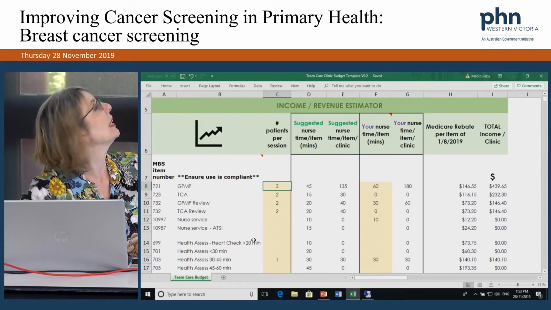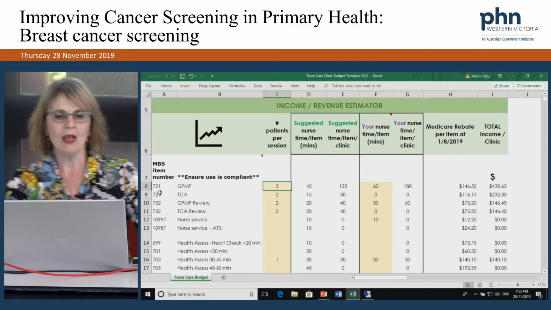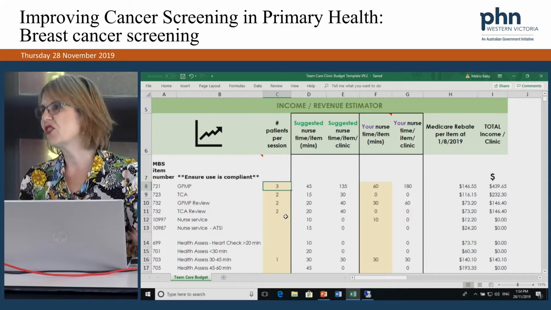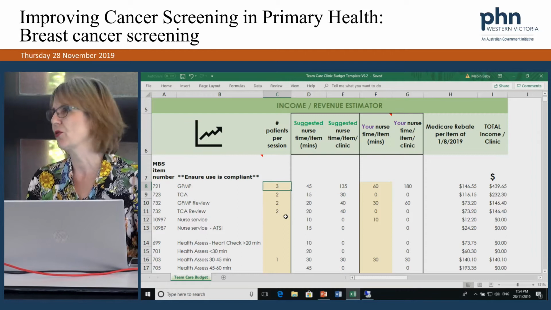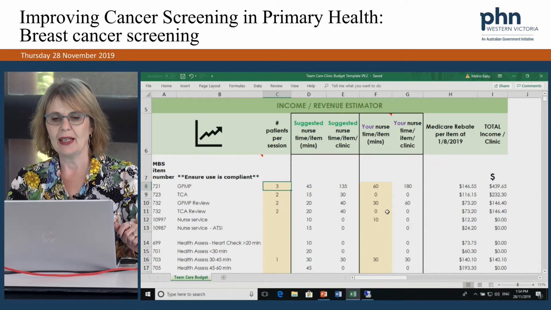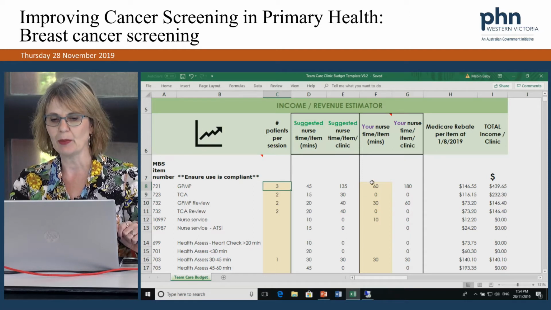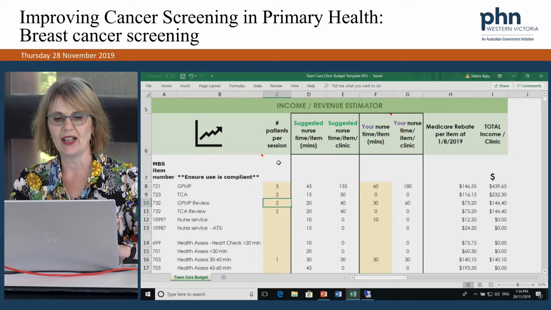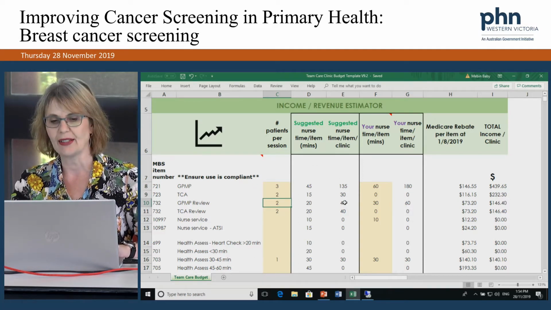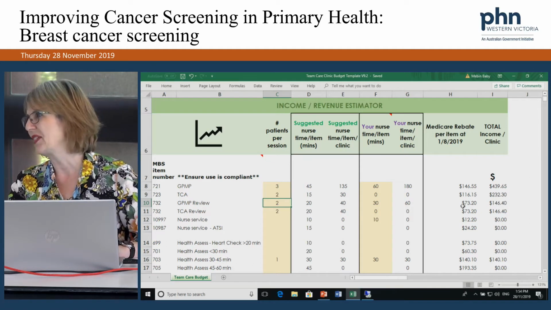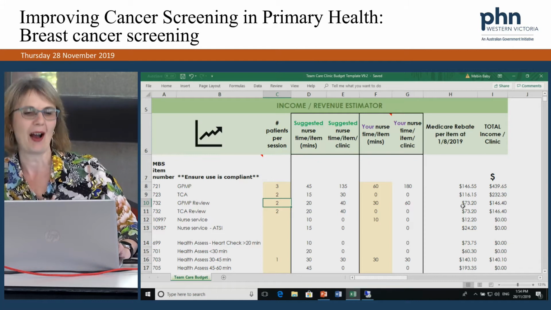So this is on the income side. You'll see this is just some dummy modelling, so this is not sort of representing anything real. The spreadsheet is locked down so that you can only play with the shaded fields. So you'll see that I can click into the various fields that are shaded, but I can't click into the white areas or the areas that have important numbers in there that we don't want you to be able to